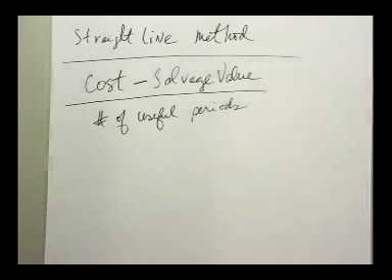We don't use up the salvage value, therefore we're not going to depreciate it. So cost minus salvage value divided by number of useful periods is a very basic straight line method that basically says every year we're using up the same amount of the asset. And it really isn't at all